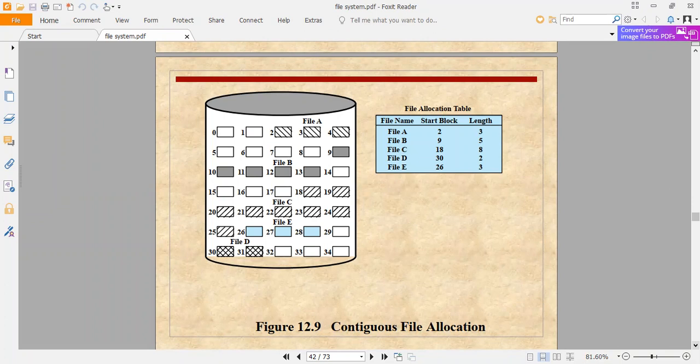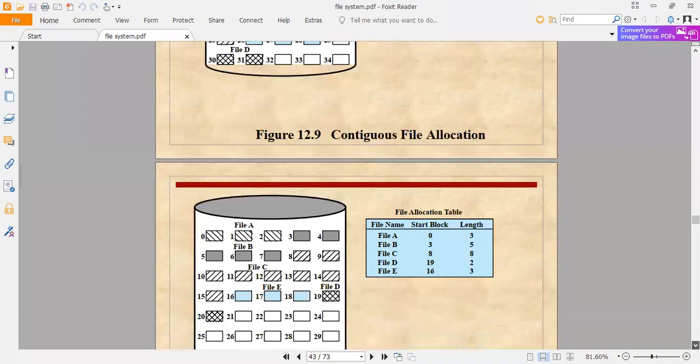And some operating systems use a modified contiguous allocation scheme. Here a contiguous chunk of space is allocated initially, and then if that amount proves not to be large enough, another chunk of contiguous space known as an extent is added. So internal fragmentation can still be a problem a little, and external fragmentation can become a problem as extents are of varying size, right? So these are the two problem areas with contiguous file allocation, which can be resolved accordingly.